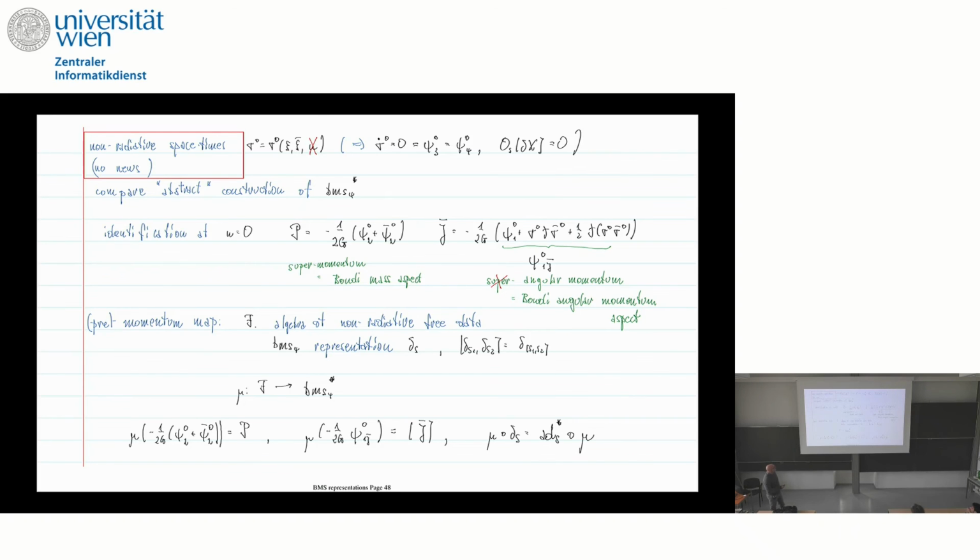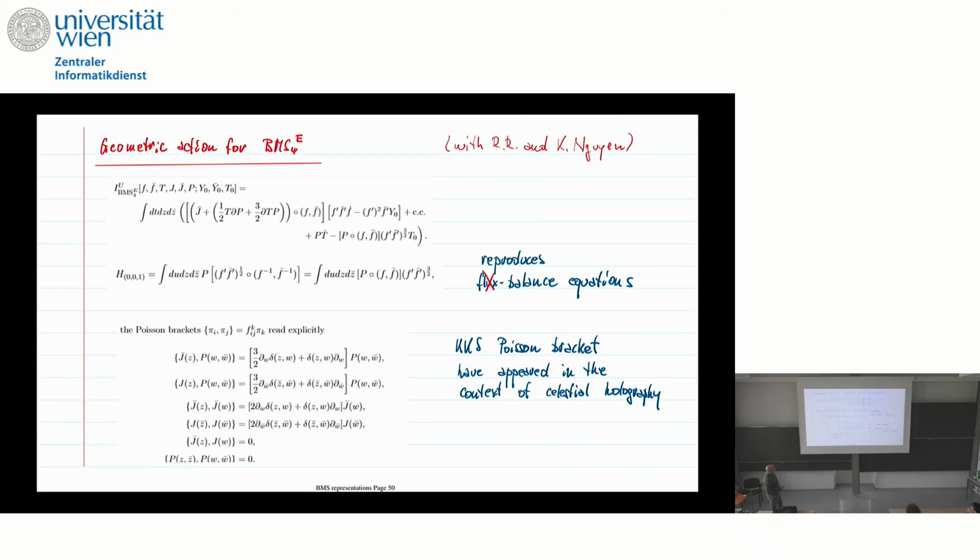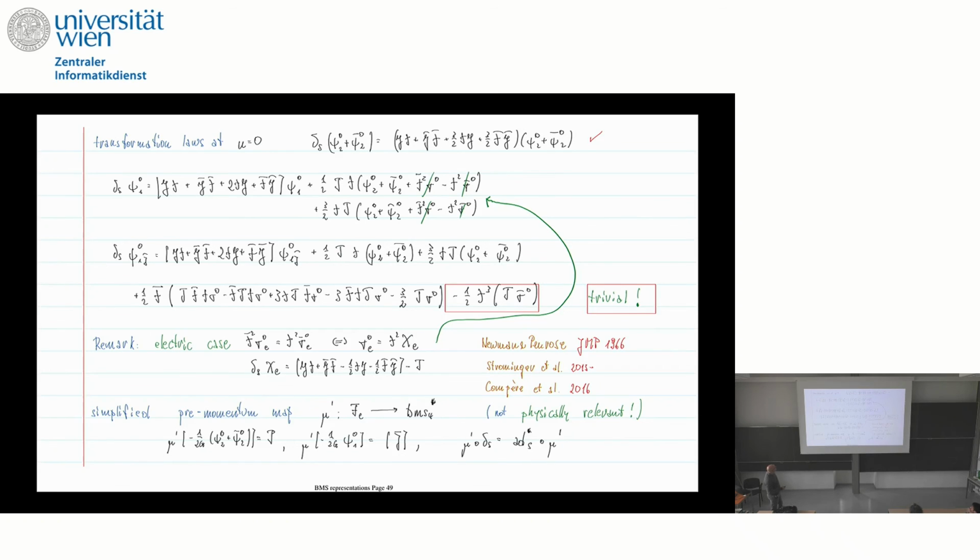This is the one, and to realize that it transforms like the co-adjoint representation, you really have to work and understand these things about the sphere and really understand that there is a momentum map from non-radiative space-time to this thing without having to impose this electric condition. You don't have to impose that the shear is electric. So this is also...